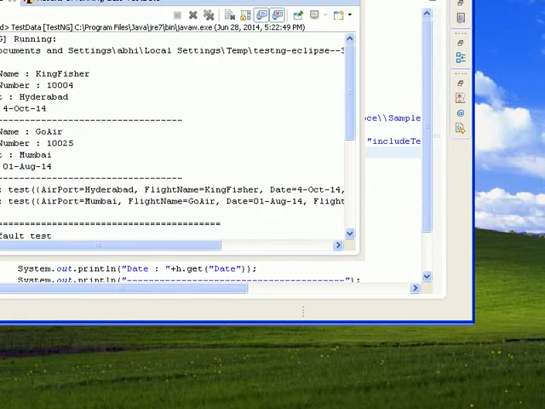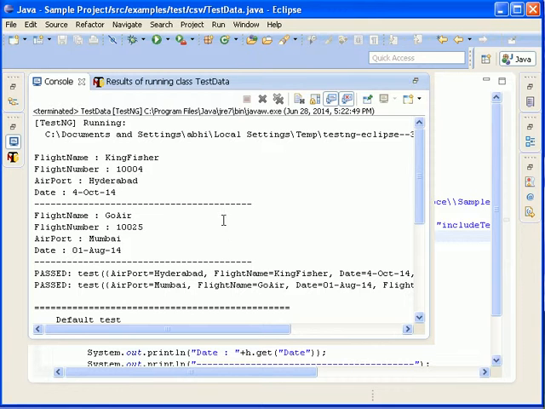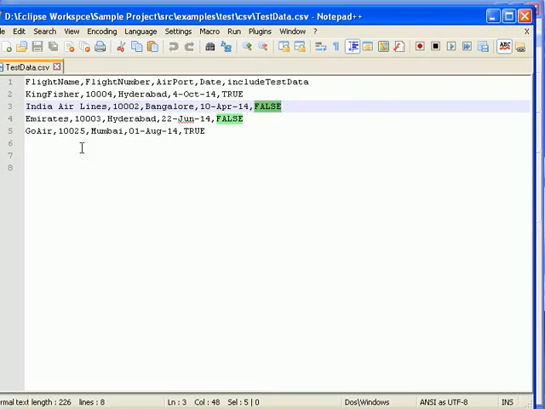Here, two rows are executed, nothing but two sets of test data are executed. One is with the flight name Kingfisher, and the other one is Go Air. If you want to add one more row, or if you want to consider one more